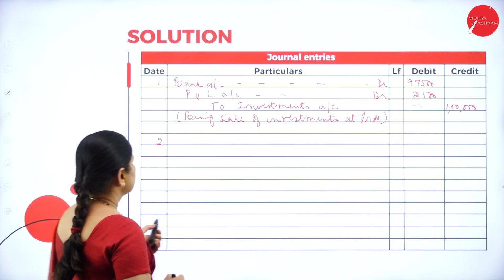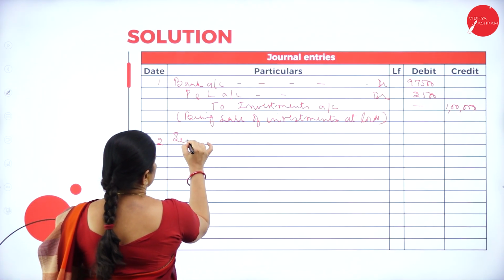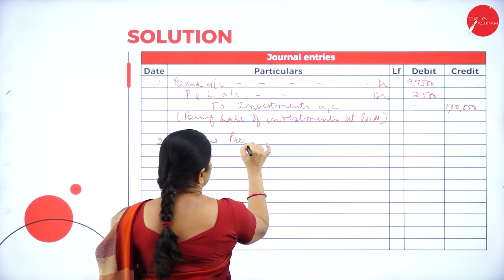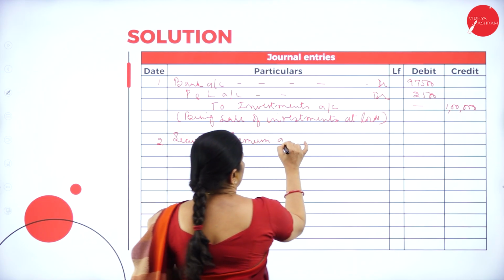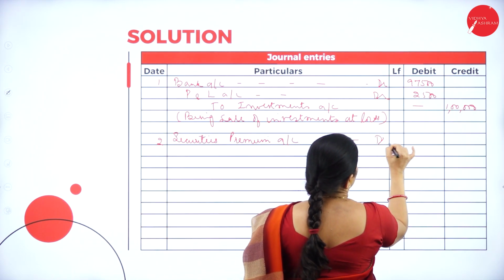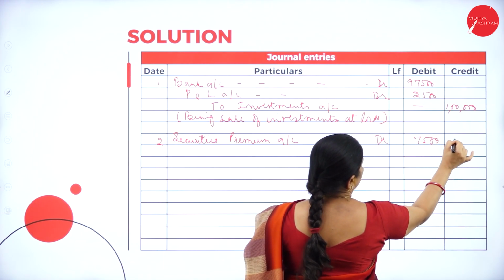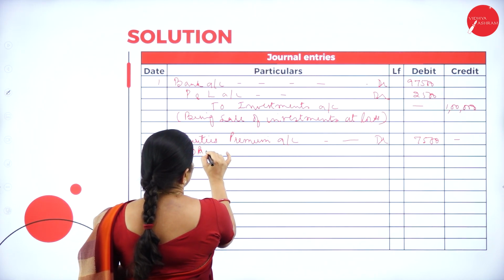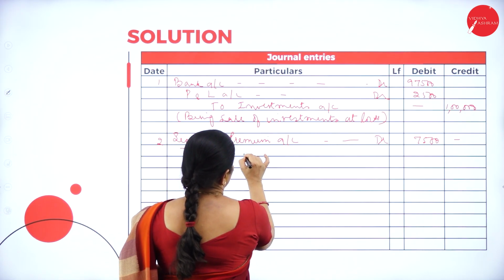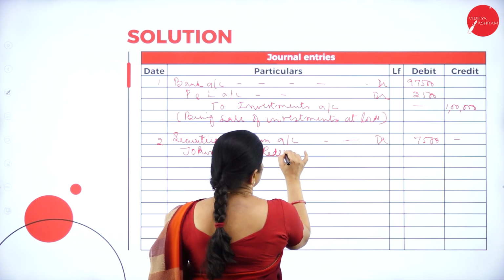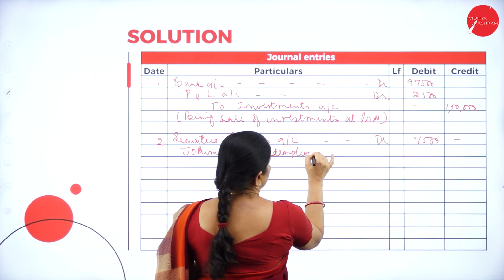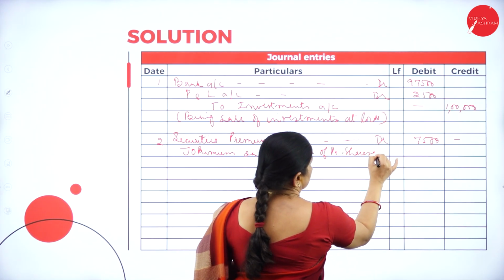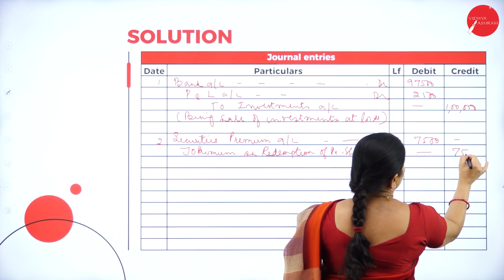So I write securities premium account debtor 7,500 to premium on redemption of preference shares account 7,500,